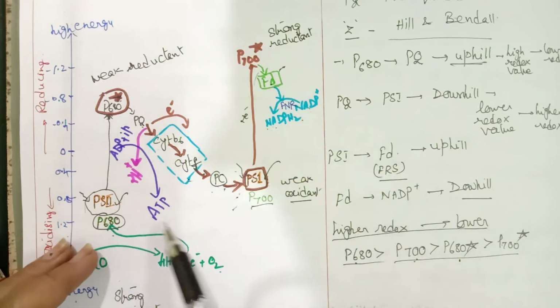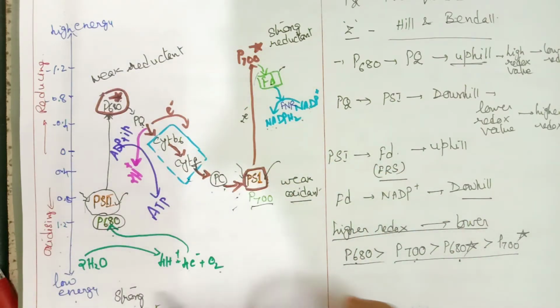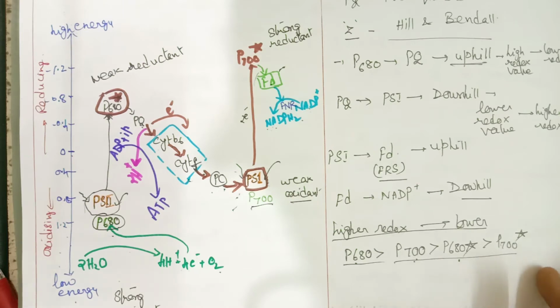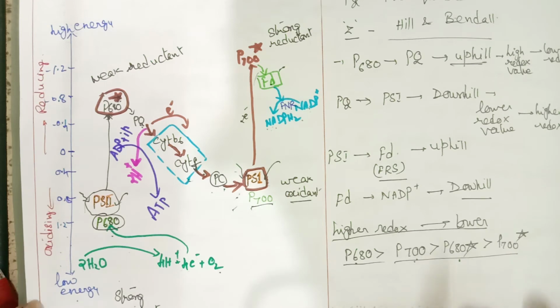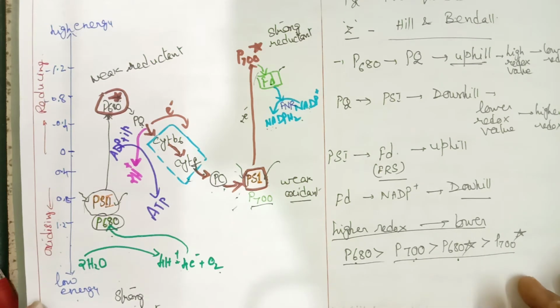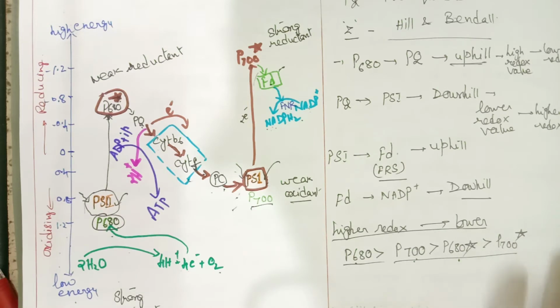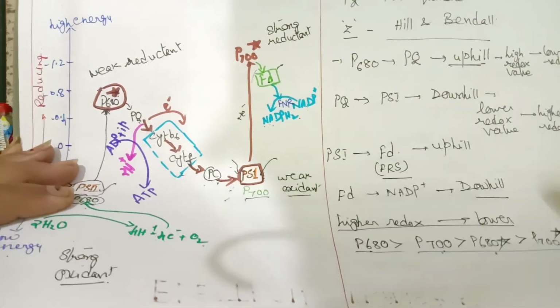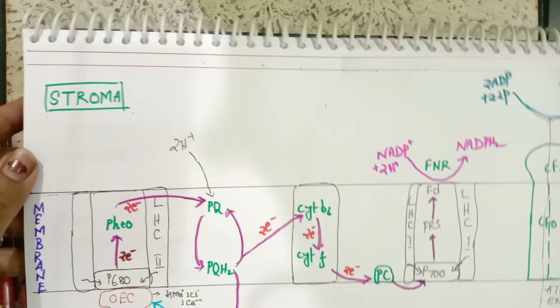So based on their redox potential value, this is how the electron transport takes place. This was given by Hill and Bendall and named the Z scheme of electron transport. This does not explain any proton translocation. It explains only electron transport. So later, a detailed explanation was given in which the diagram also explains the proton translocation. So let us go through the detailed account of non-cyclic electron transport. Here also I am going to give you diagrammatically the detailed account of non-cyclic electron transport.